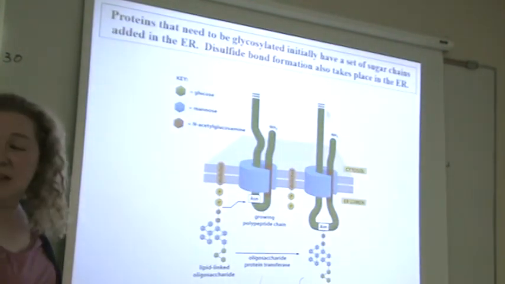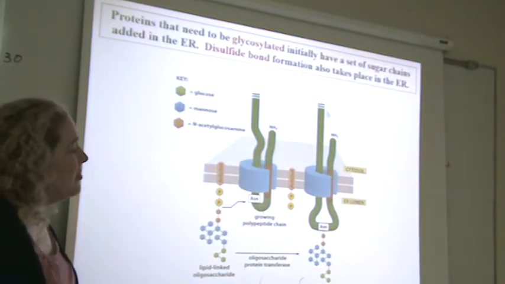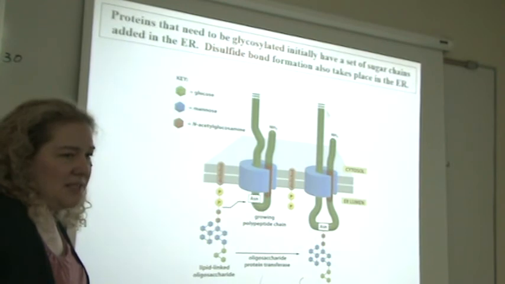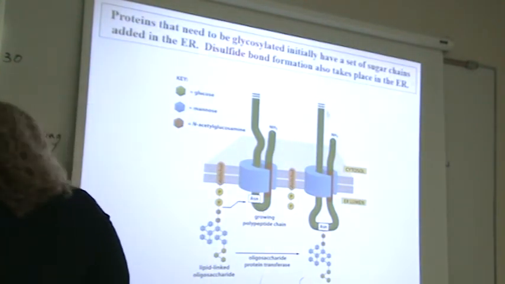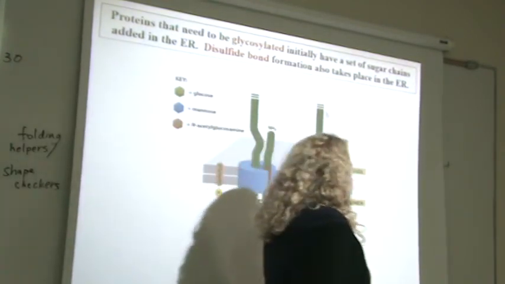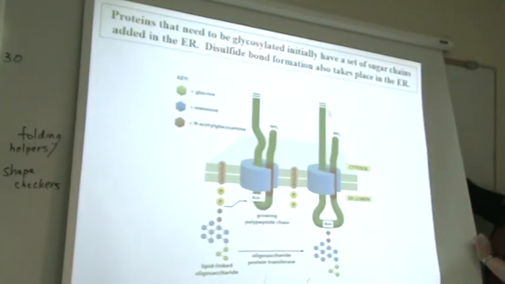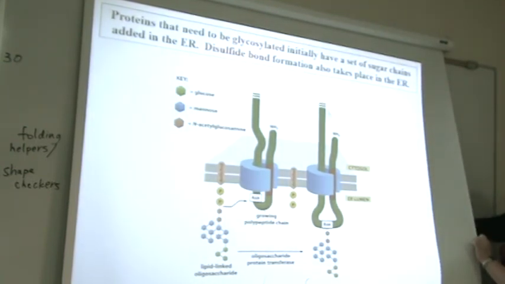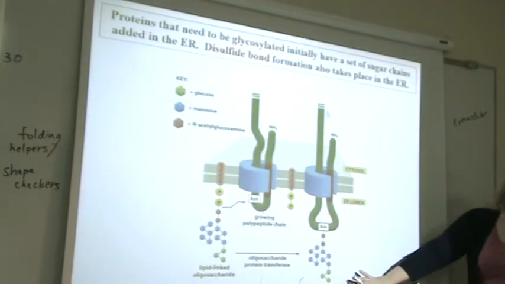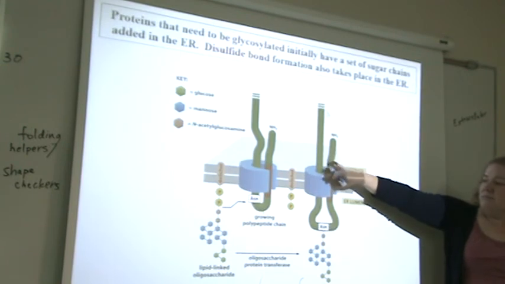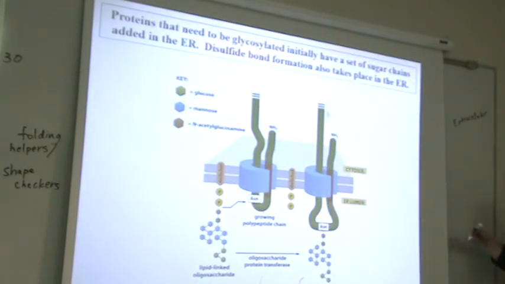Okay, let's talk next about if the cell is making proteins that are headed for the cytoplasmic membrane, and they're supposed to have a variety of sugar chains on them. So maybe let's put a little bit of information about properties of extracellular molecules. If we are sending proteins that are going to either be secreted into the extracellular space or part of them sticking out into the extracellular space,